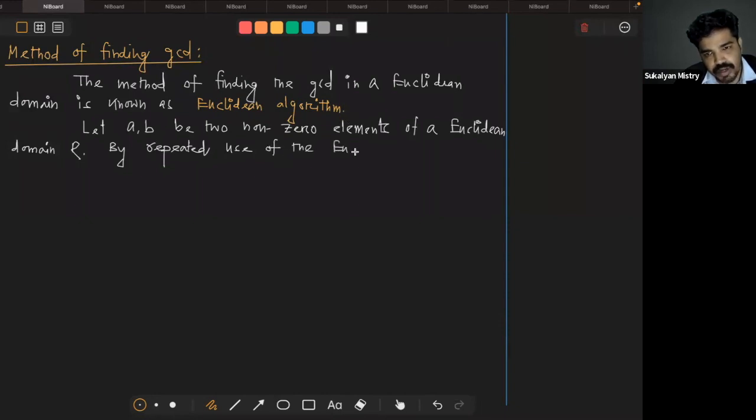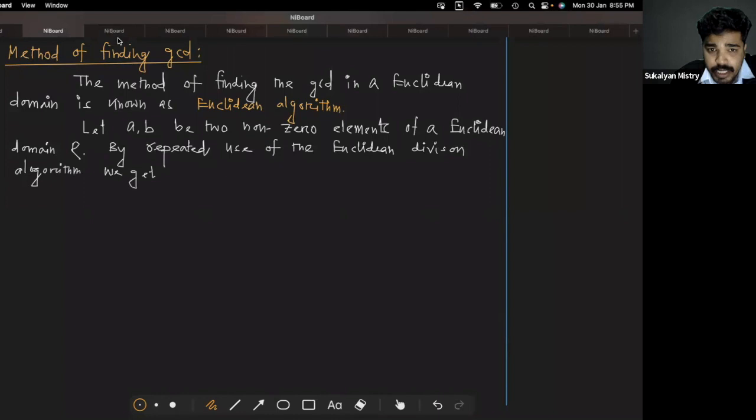That is, this is known as the Euclidean division algorithm, but simply division algorithm বলতে পারো. By repeated use of the Euclidean division algorithm, we get,